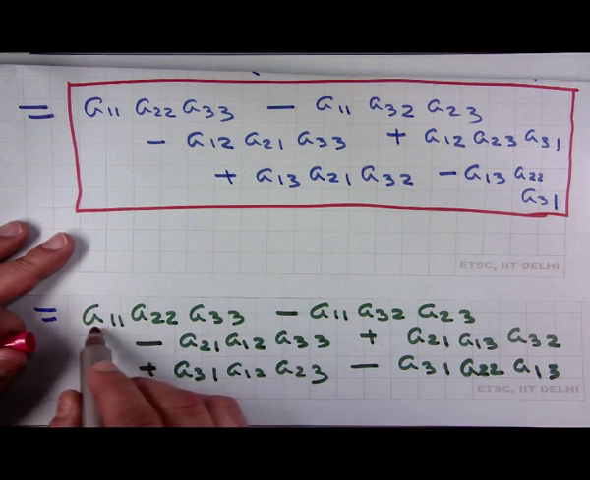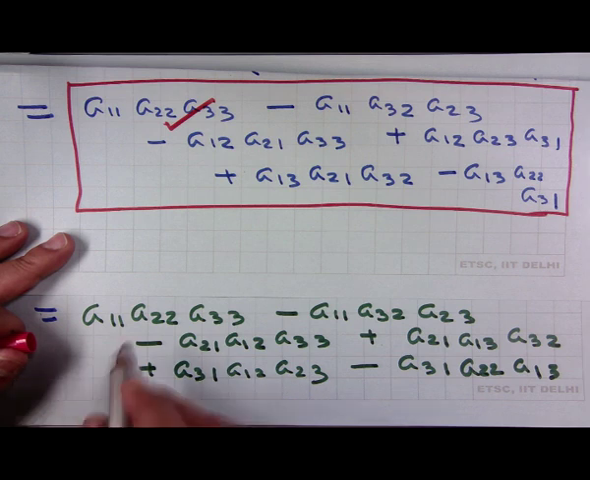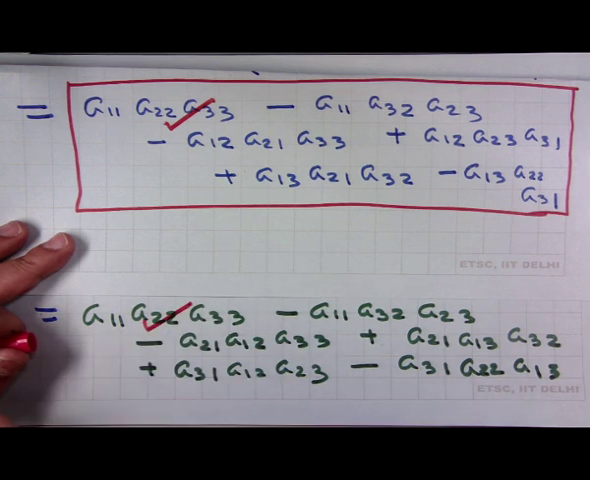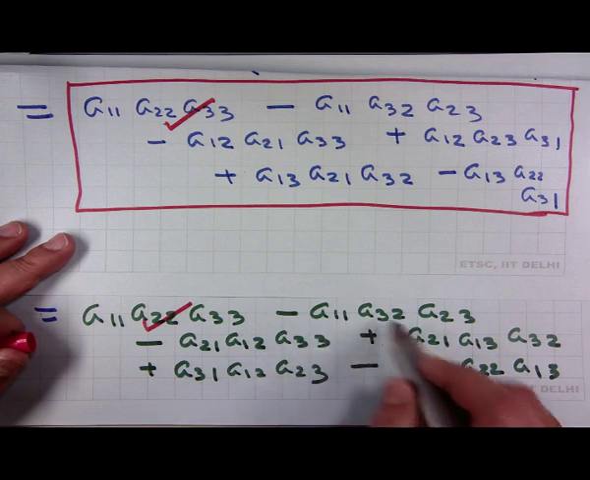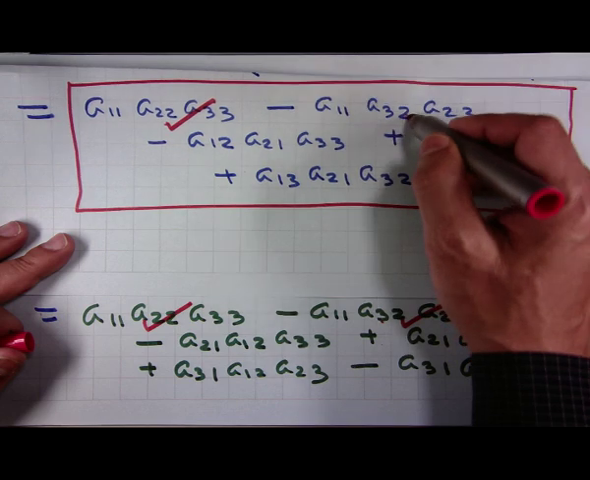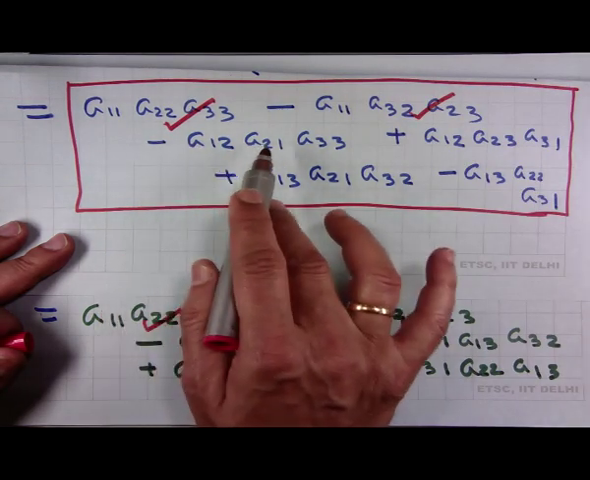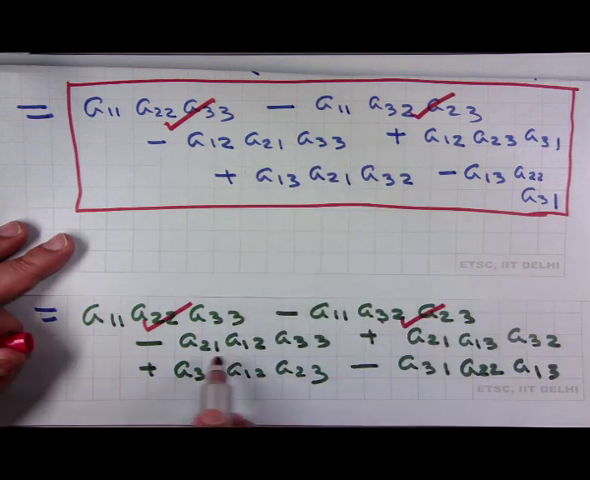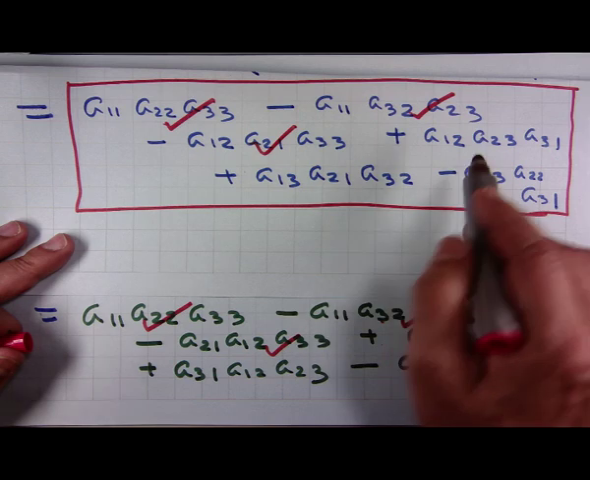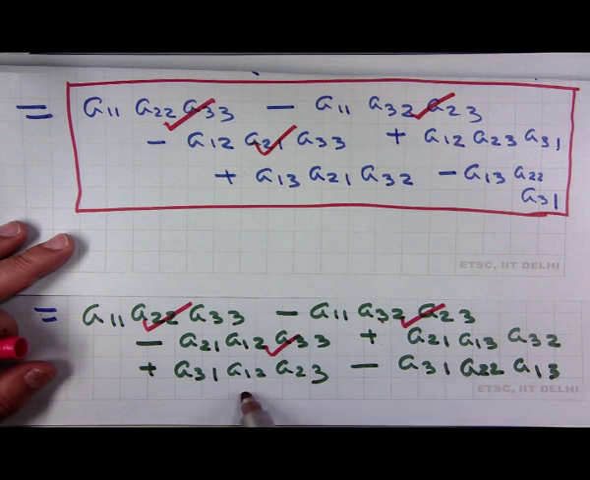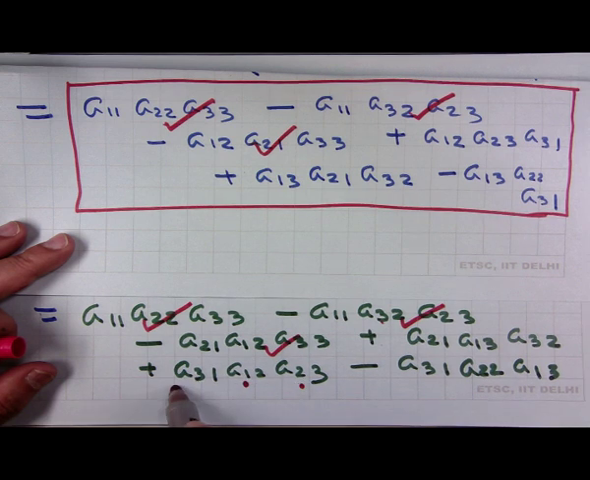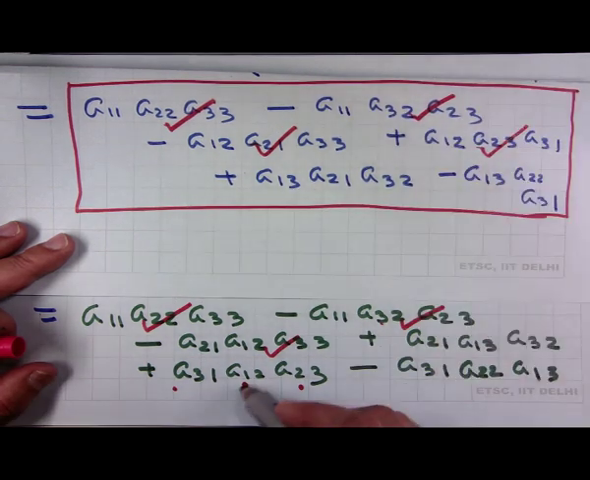Let us compare the terms: a11 a22 a33, a11 a23 a32, a12 a21 a33, a12 a23 a31. So, this term is same as this term